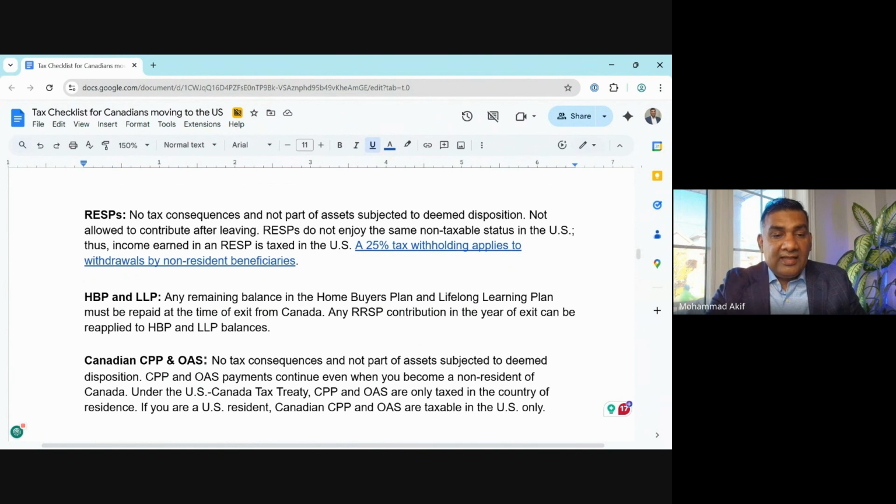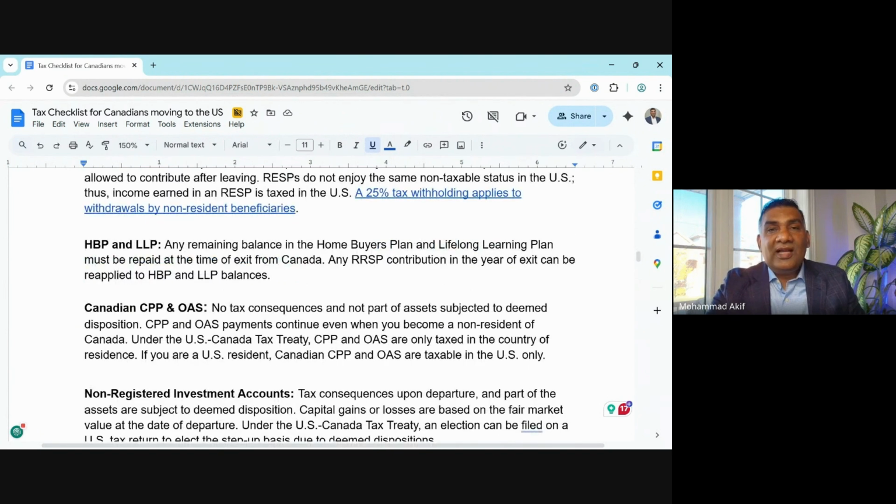HBP and LLP, which is Home Buyers Plan and Lifelong Learning Plan. Both of these plans are considered money being borrowed from the RSP. Of course, once you're planning to leave, money in these accounts must be paid back before you leave. So on your final return, any balances remaining in the HBP and LLP will be added back